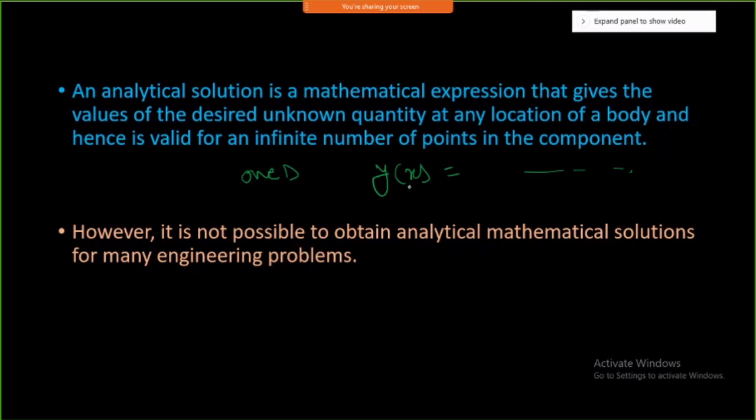1D problem, that's what we have, only one x dependency. If I have a 2D problem, then I can have an x, y, and z, and I'm going to look at u. So then it becomes partially dependent on all of this. So this is the way we can do it.